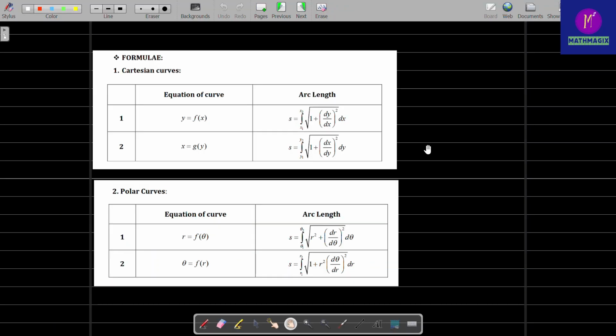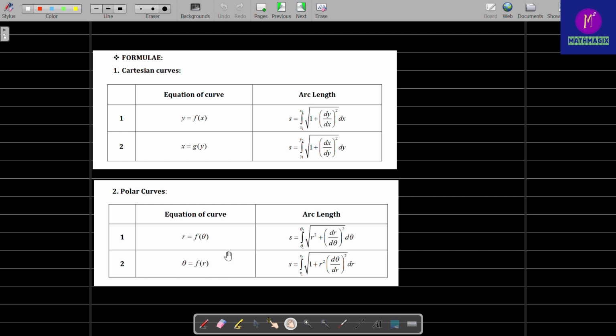Hello everyone. In earlier videos we have seen how to find out arc length when we have Cartesian curves, that is either y as a function of x or x as a function of y. If you have not seen that, then please go through those videos first. In this video we are going to see how to find out the arc length of the curves which are given in the polar form,